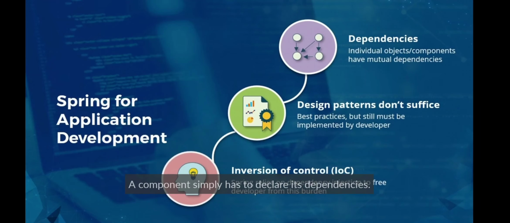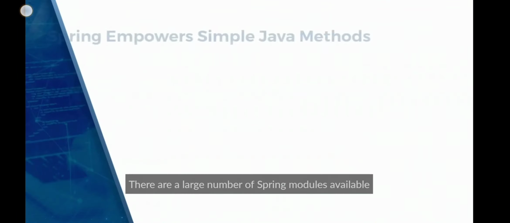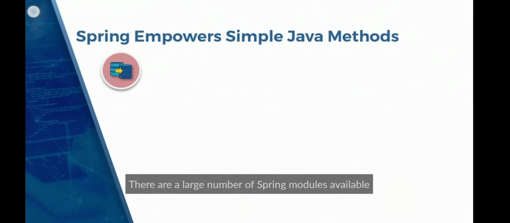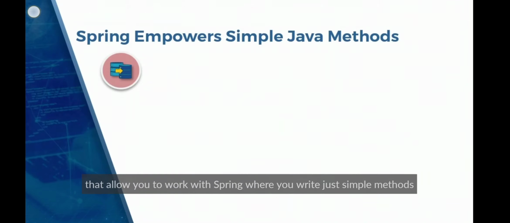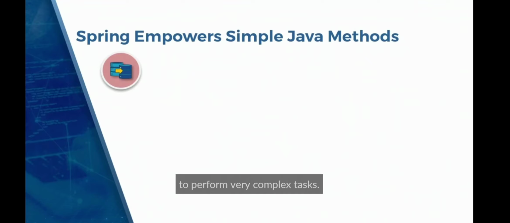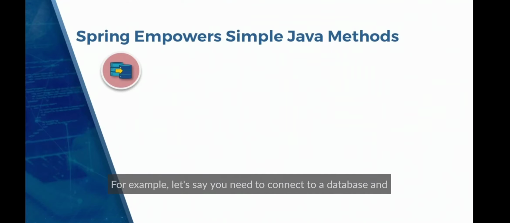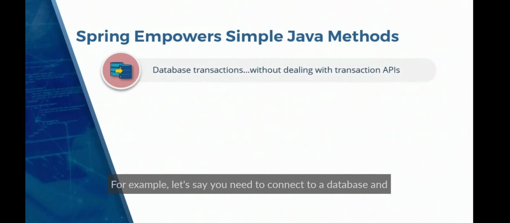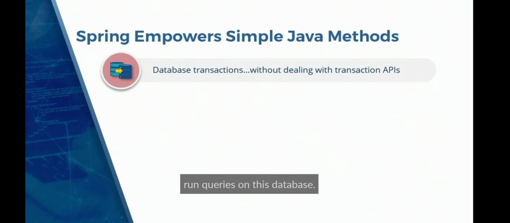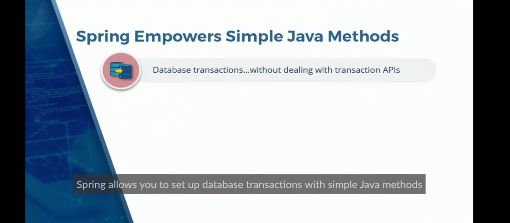A component simply has to declare its dependencies, and the Spring framework will take care of ensuring that the component has access to the classes that it's dependent on. There are a large number of Spring modules available that allow you to work with Spring, where you write just simple methods to perform very complex tasks. For example, let's say you need to connect to a database and run queries on this database. Spring allows you to set up database